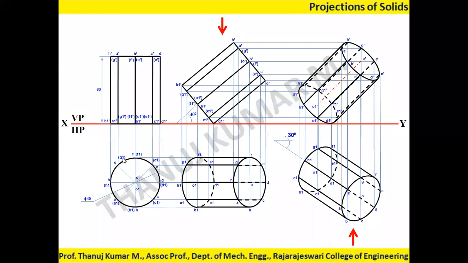So minimum 8 generators are required, maximum of 16. Don't go for 4. 4 is not acceptable. It should be minimum 8 generators, maximum 16 generators. If you get 16 generators, it is more precise, and you can draw more beautiful curves than with the 8 generators. So generators should be shown as visible lines and invisible lines. Make sure that invisible lines are shown clearly and visible lines are shown clearly.